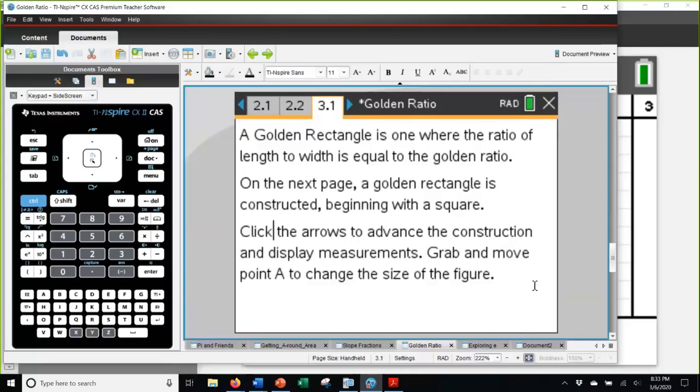The golden ratio, as I mentioned, can give rise to golden rectangles, where the length to the width ratio is equal to the golden ratio. And I want to share with you the construction, how you can have your students construct it. Now, of course, you could do this with compass and straight edge if you were doing those constructions in your geometry class, or you can do it on the TI Inspire.